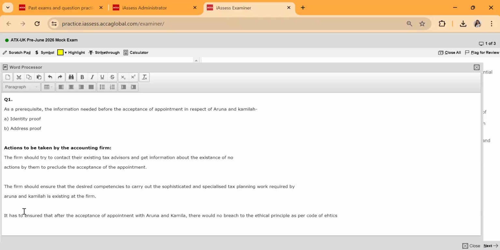Okay, there'll be no breach of the ethical principles as per the Code of Ethics, and there are no threats